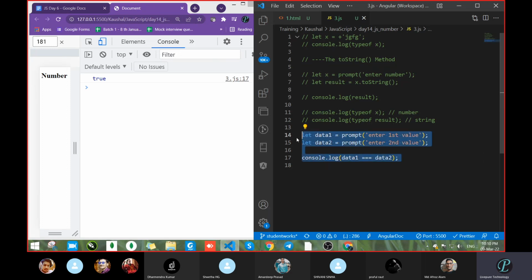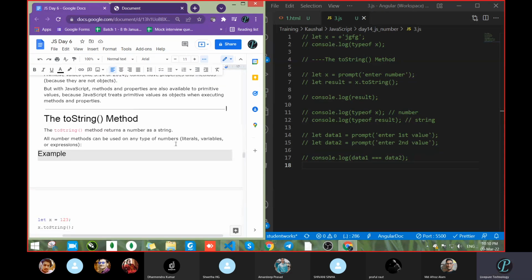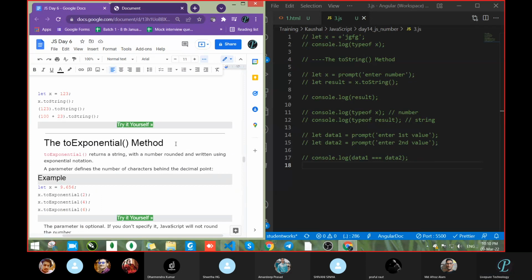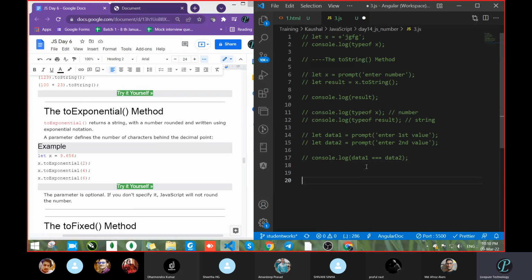So this way we can take the data and do whatever manipulation you have to do. If you want, you can convert it. Got it? So with the help of toString, we can convert the variable into a different form. Second, the toExponential method. What do you get from the word exponential?